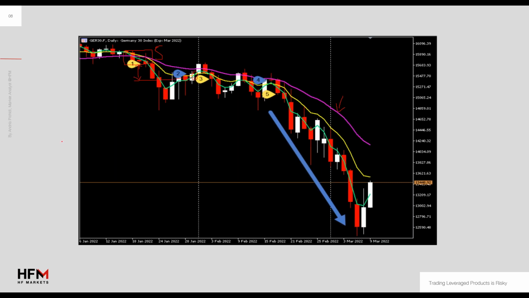Okay, obviously if you wish to exit earlier, that's fair enough. If not, then leave it on the system. I mean, you could also have taken an exit as soon as you see this bullish candle. It was up to your decision. But for me, because I prefer to remain a bit calm, not to check the markets every single hour, I prefer to wait, to stick to my signal, but that's up to you. Over here,